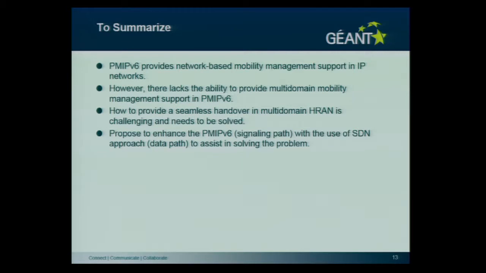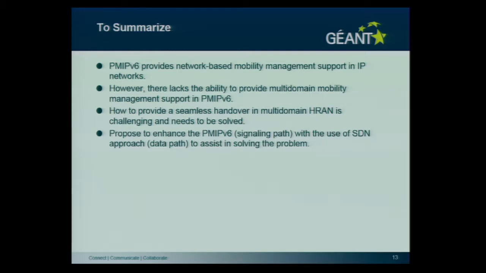So to summarize, proxy mobile IPv6 provides network-based mobility management supporting IP networks, which is very popular in operators. They're supporting this. But it lacks the ability to provide multi-domain mobility management.